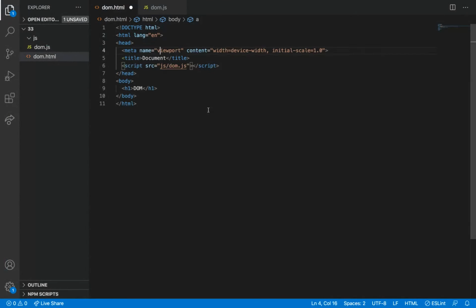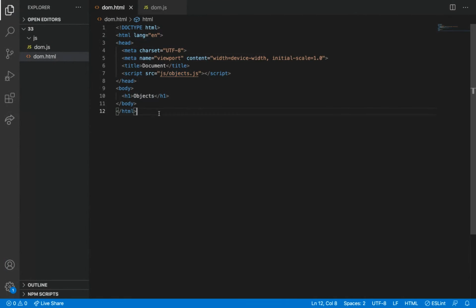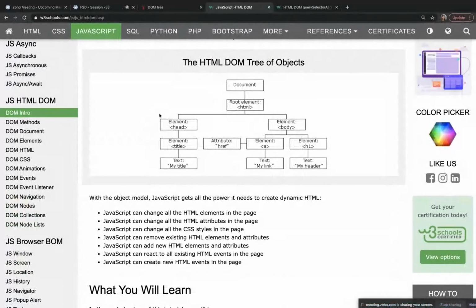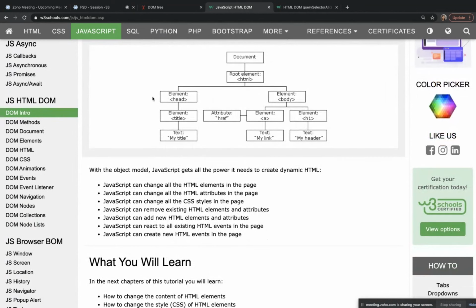So what they are trying to say is, whatever you are writing in HTML, it will take it as a tree and then it will work. It will be helpful for accessing each and everything. So this is a parent, and for the body, this will be the parent. For the a tag, body is the parent. For this text content, h1 is the parent.